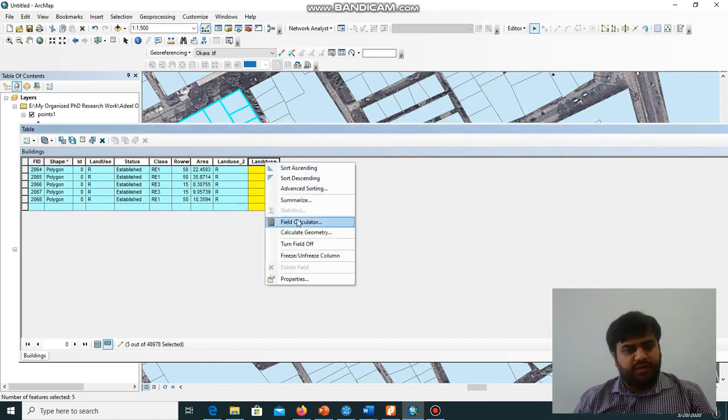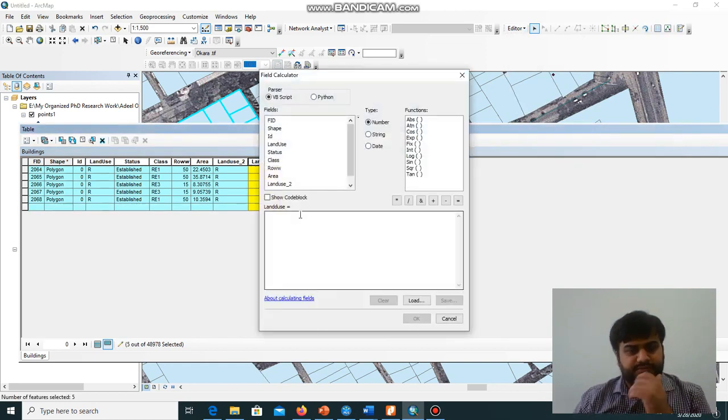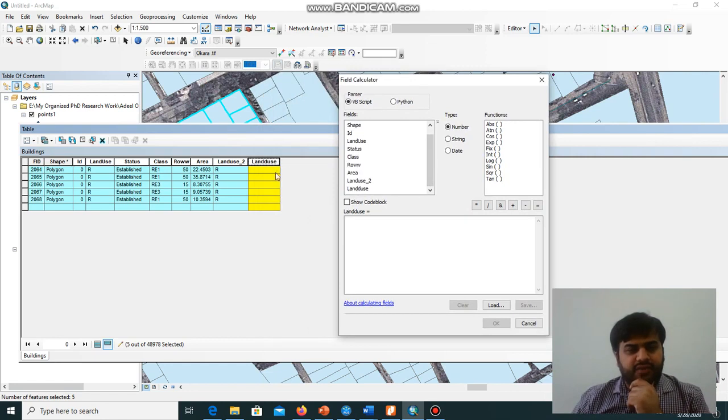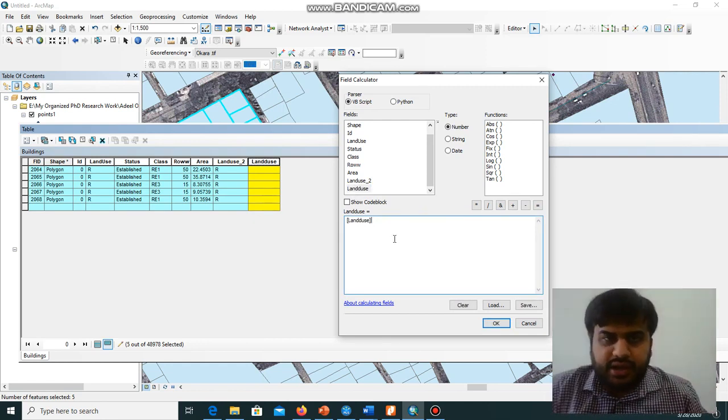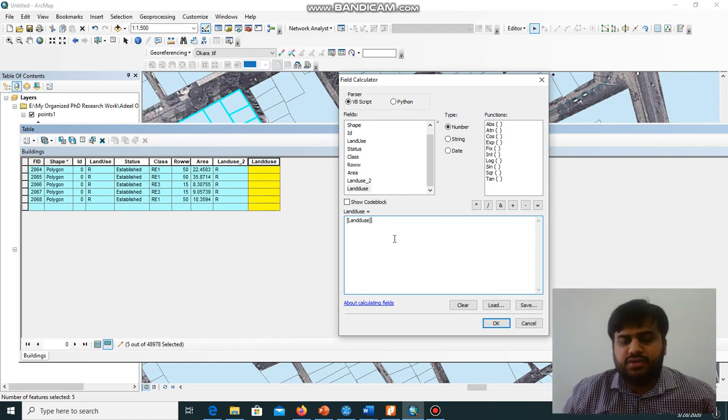So now I will go to field calculator. From this table I will select the column that I have added, land use. This one is the column. All of these buildings that I have selected are actually residential buildings. So what I will do, I will click on the land use that I have already added. Then I will click on